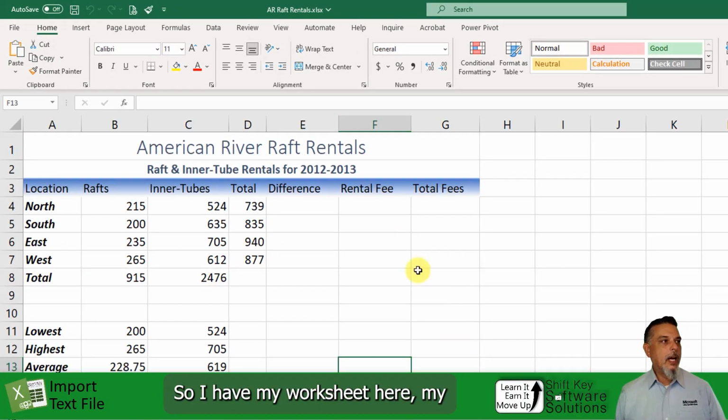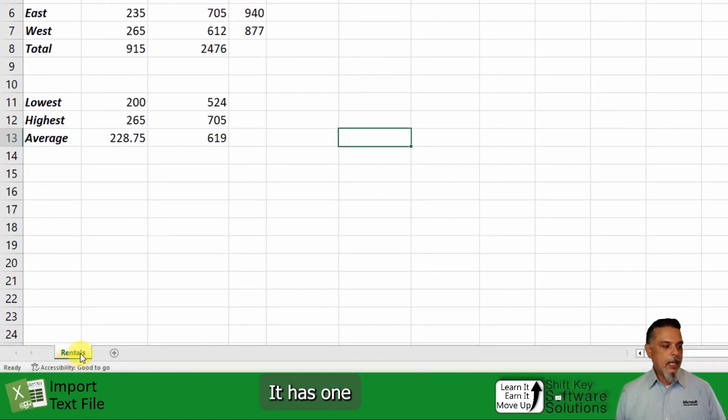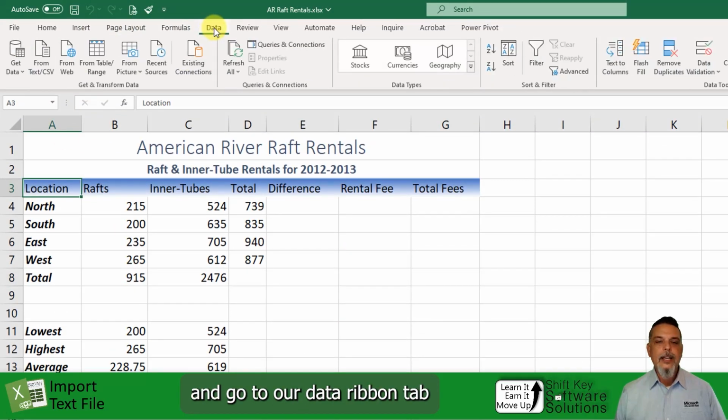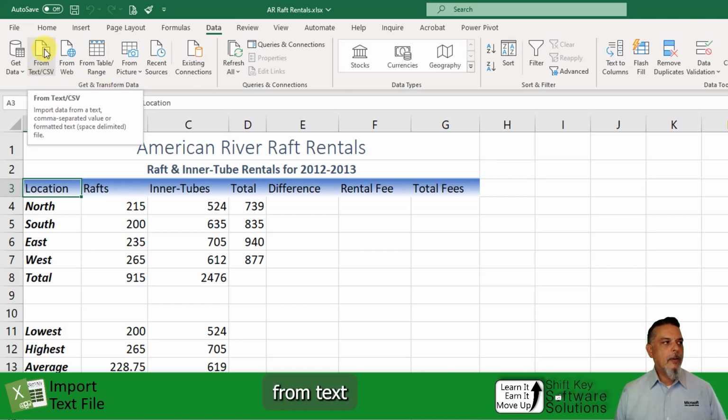So I have my worksheet here, my AR Raft Rentals workbook. It has one worksheet in it. What we're going to do is we're going to come up and go to our Data ribbon tab. Down here in the Get and Transform Data group, we're going to come over and click on From Text